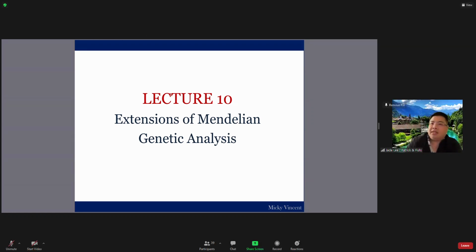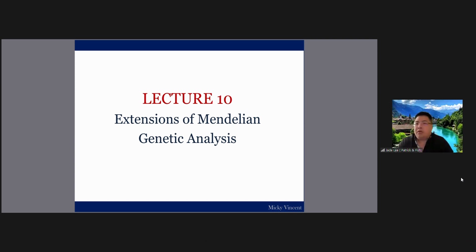I start with lecture 10 first because last week we talked about Mendelian genetics. So I think it's better for us to continue with the extensions of Mendelian genetics analysis. After that, we cover our chi-square test. Okay, so